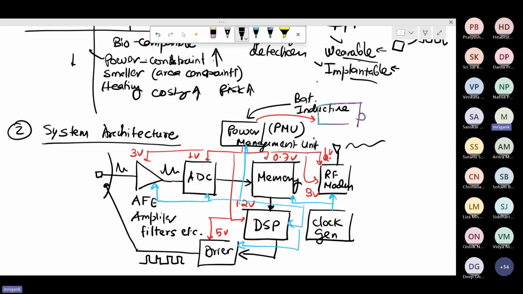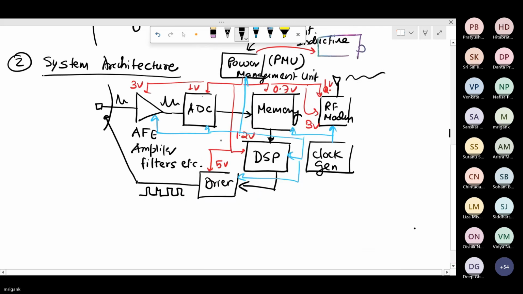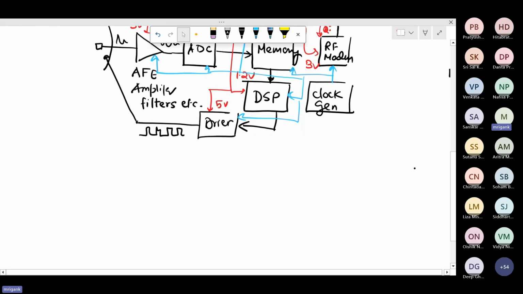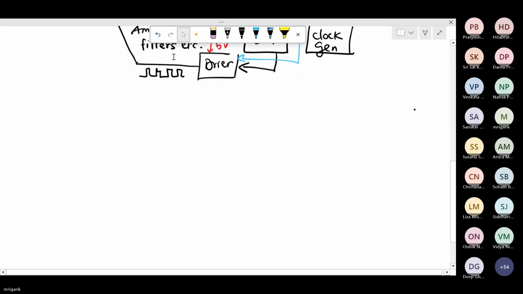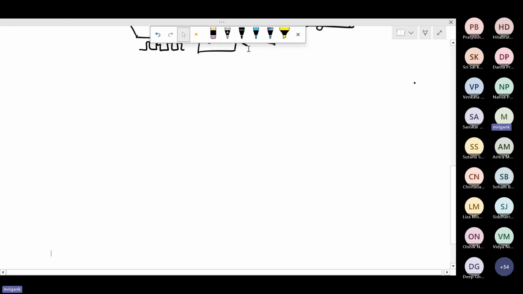Going down. So after we have discussed the system architecture, right? So architecture, then we go to,